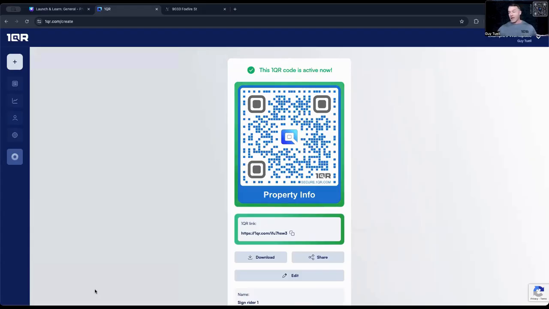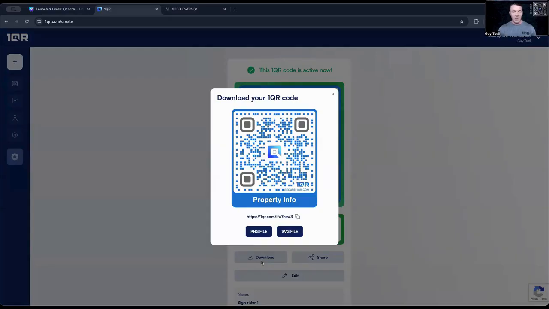Now, maybe you've already have your sign writers and it has all this information. Maybe there's a location where you could stick a sticker of the QR code. All you have to do is download the QR code. A lot of times printers want the SVG or the vector file. All you do is select the vector file, and as you saw, it loaded into my downloads on my clipboard. All I have to do is go over into my email, send it to the printer, and say, put this QR code on a sticker so I can place it here and make it so it is easily accessible and people understand what it is.